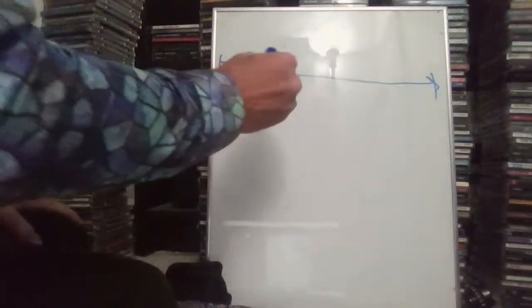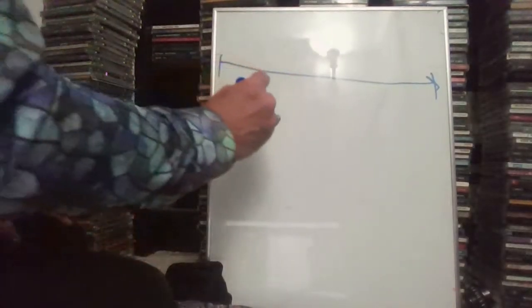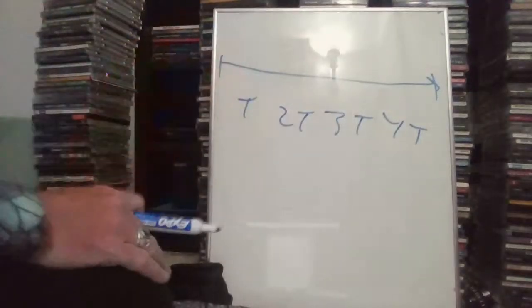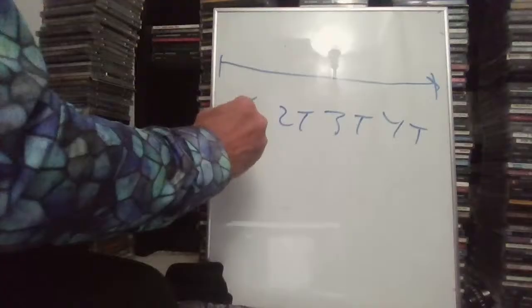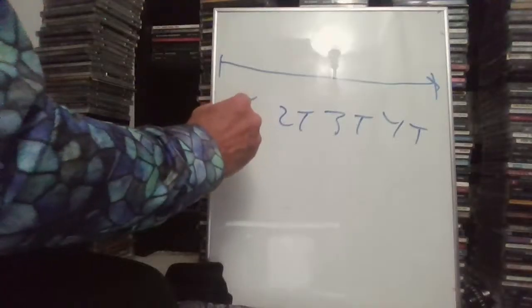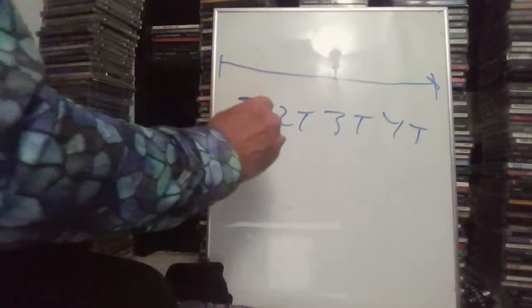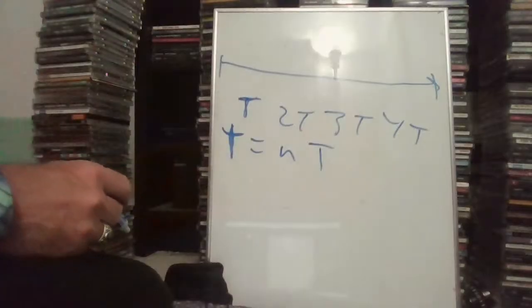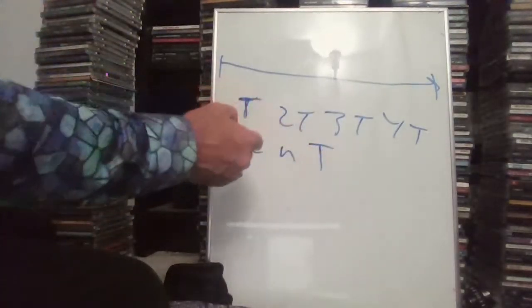And one more thing before I say that. So T is a fundamental period, but also 2T, 3T, any multiple of the period is another period. You could call it little t, because it's not necessarily the fundamental. The big T is the fundamental period, but little t equals nT. Any number times the fundamental period is also a period.